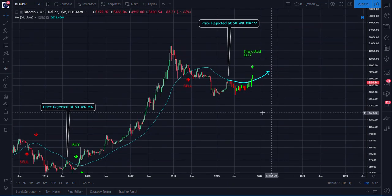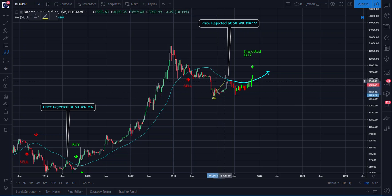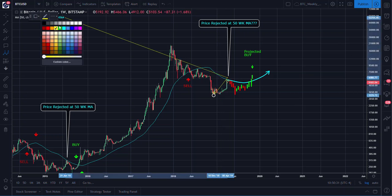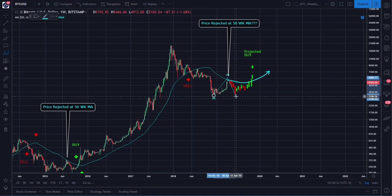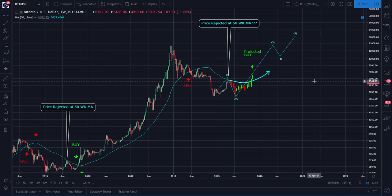But then again, that's okay from an Elliott wave perspective, because let me draw out the Elliott wave here. If we have wave 1, okay, and we have wave 2, as long as wave 2 does not equal the origin of wave 1, which will be the December low of 3100, 3101, whatever it was, then we should get a wave 3. This wave 3 will probably go to the 20K and so on, or something like this. Hard to project anything further out than that,